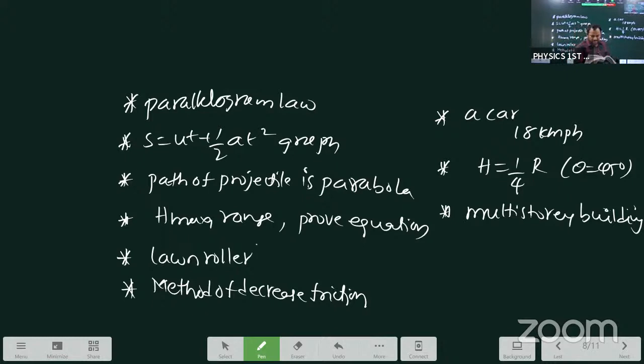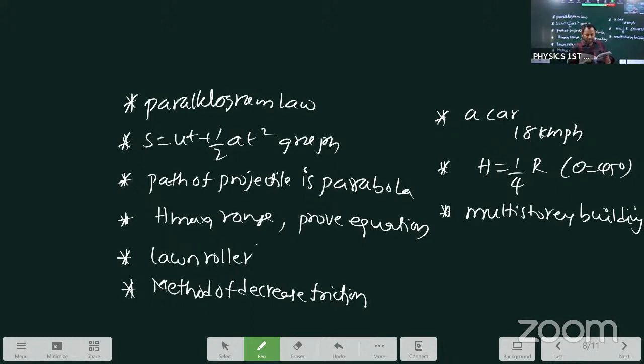Page number 57, question number 3. All these questions look like VSAQs, but in the examination you can get all these questions as 4